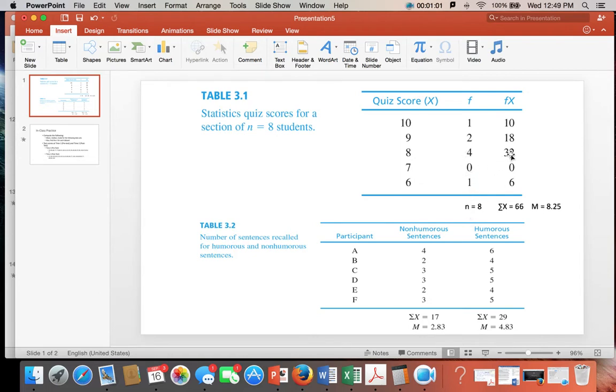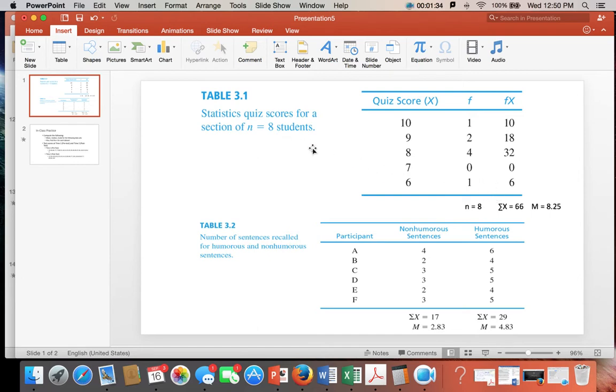nobody received that score. So again, here's our product column, the multiplication between the frequency of occurrence of our scores to create this new frequency product column. Our products here are now 10, 18, 32, 0, and 6, because remember, 10 times 1 is 10, 9 times 2 is 18, 8 times 4 is 32, 6 times 1 is 6, and 7 times 0 is 0. Thus, whenever we want to calculate our group average, remember that our group average is